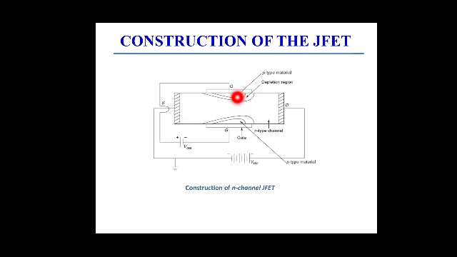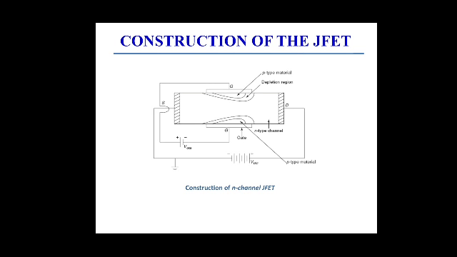Okay, the two gate terminals, here you are having one gate and here you are having one, so both of them are internally connected, and then you can be able to control the gate terminal. Okay, now let us see what are the different terminals present in a JFET. In JFET you are having three terminals.